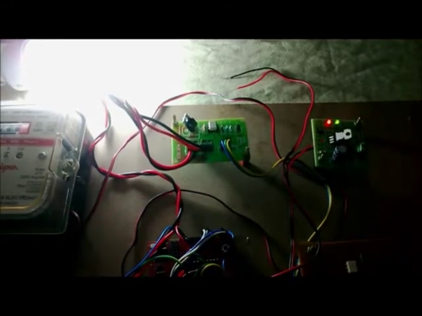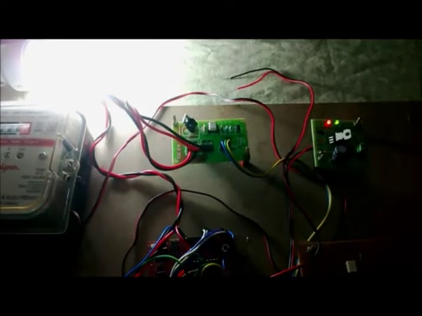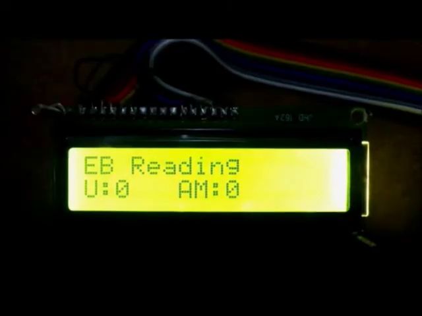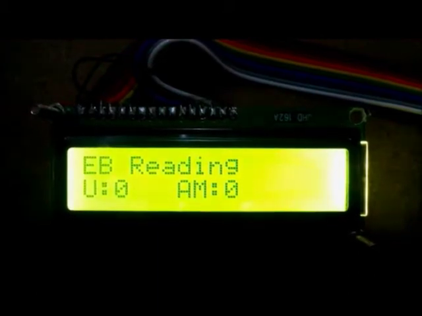Another feature of our project is short circuit indication. This is used for the purpose of preventing damage to the appliances in case of short circuits. These two wires are used to create the short circuit. When there is a short circuit, the power to the load is entirely turned off. This indication will also be sent to the mobile phone. The short circuit will also be displayed on the LCD and the message will be sent to the mobile phone.